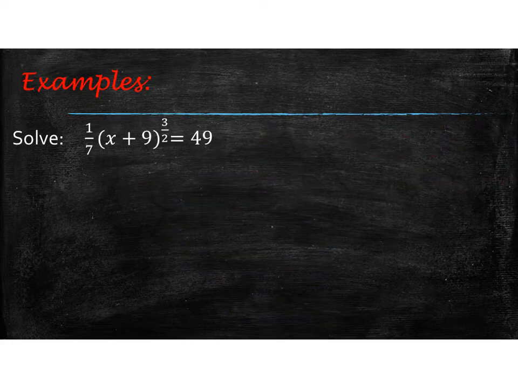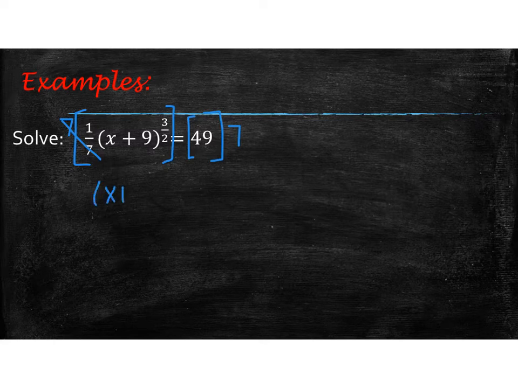Alright, so let's look at this next example. This time we have a rational exponent. So your job still is to get that rational exponent part by itself. So to get rid of the 1/7, I would have to multiply both sides by 7. So multiply by 7 here, multiply by 7 here. So that would get rid of this fraction, and so then you would have x plus 9